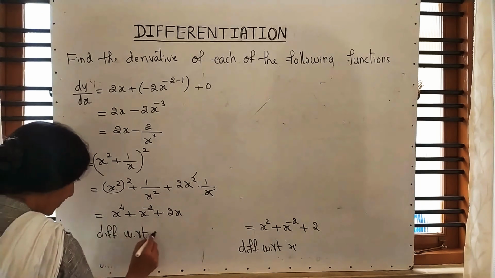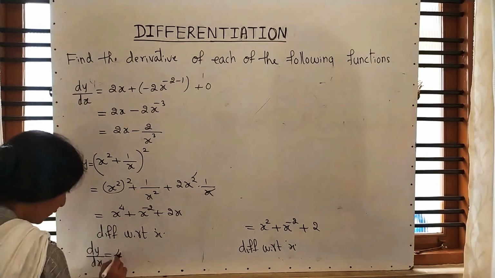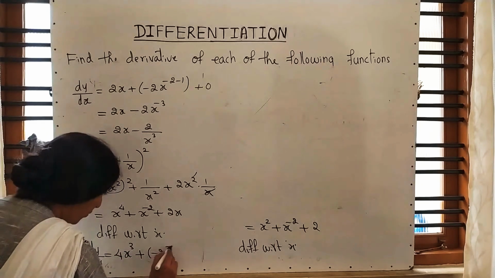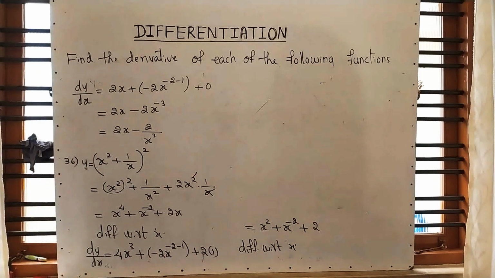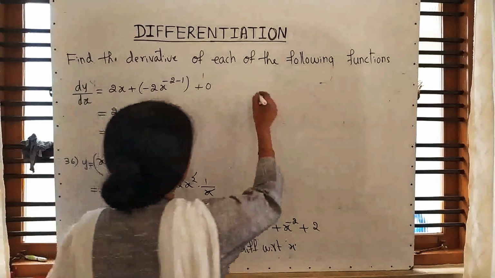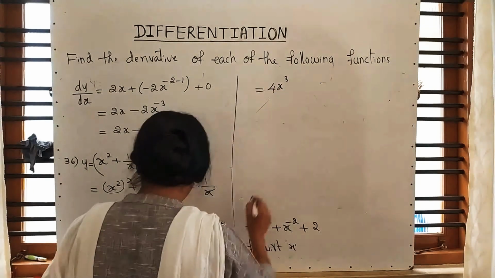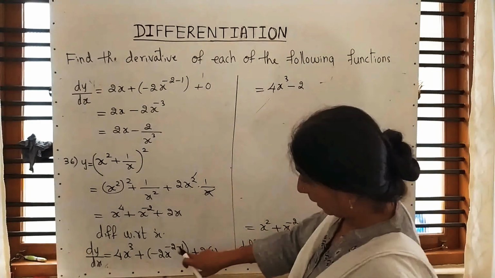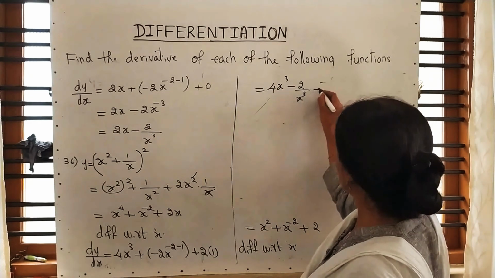Differentiating with respect to x. dy upon dx is equal to, it is 4x cube, correct? Plus minus 2 into minus 2 minus 1, plus 2 into differentiation of 1 will be 0. So it is 4x cube plus into minus is minus 2 x to the power minus 3. So I wrote x raised to 3 here plus